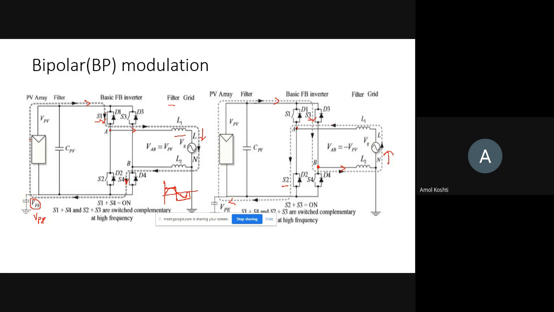Why is switching frequency not involved? Because it is part of the grid, and switching is only concerned with the switches and the controller we are using. If there is some leakage current in the system, that will be earthed here to this earthing system. This switching is a simple one, named bipolar modulation. In this way also we can drive this basic H bridge inverter.